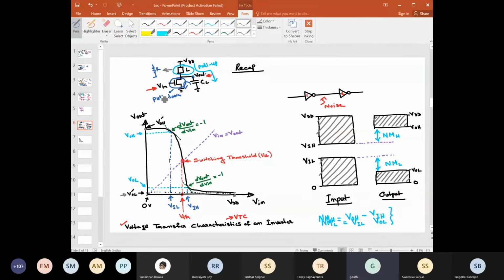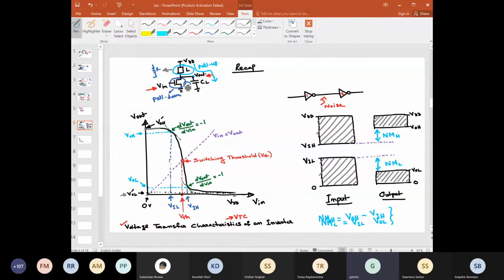Sir, it was regarding VTH, that the Vin should be at least equal to the threshold voltage for the transistor to conduct. Right, right. Thank you. So when you are increasing this Vin, until it is equal to the threshold voltage, this transistor is not conducting, so the transistor is off. Then there is no current through this load resistor, and if there is no current, then Vout will be equal to VDD. So until Vin equals VTH, this line will remain flat, right? You have understood that.